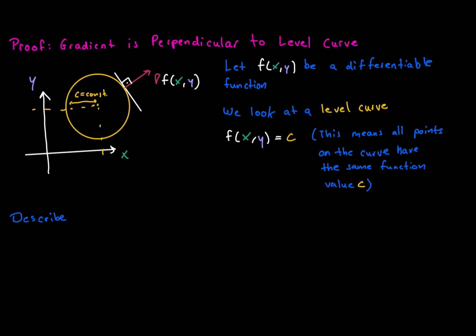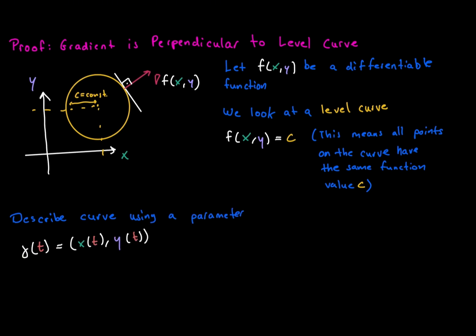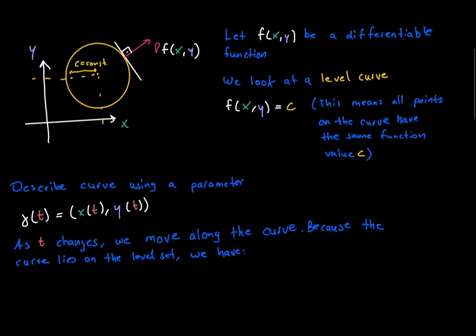Now we describe this curve using a parameter. We write gamma of t equals x of t, y of t. So as t changes, we move along the curve. Because the curve lies on the level set, we have f of x of t, y of t, equals c